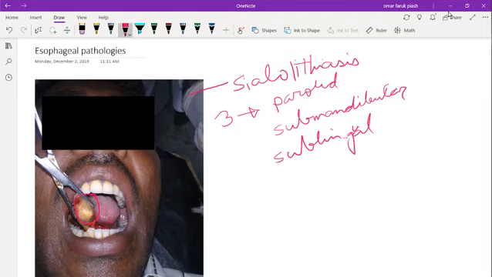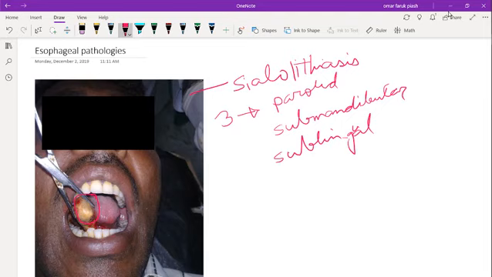This is the picture of sialolithiasis. Sialolithiasis simply means stone in the salivary gland. This is the stone in the salivary gland, and this is known as sialolithiasis. Okay, we know there are three salivary glands in the human body. First is the parotid gland, one is the submandibular gland, and one is the sublingual